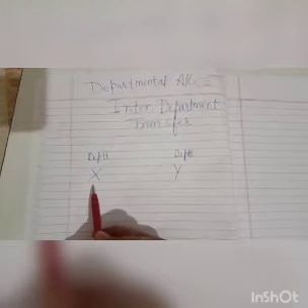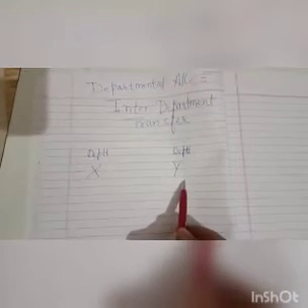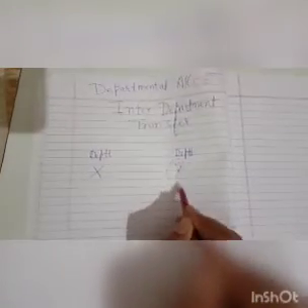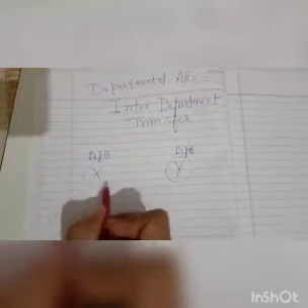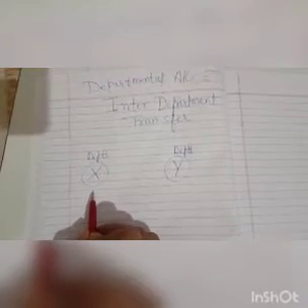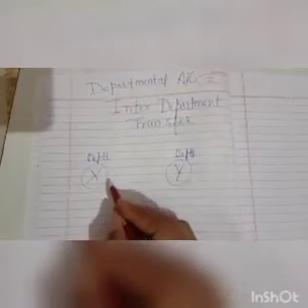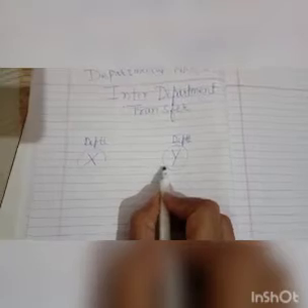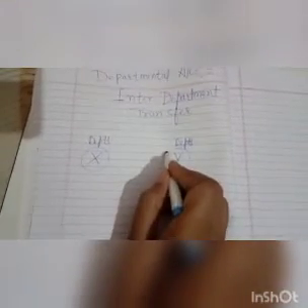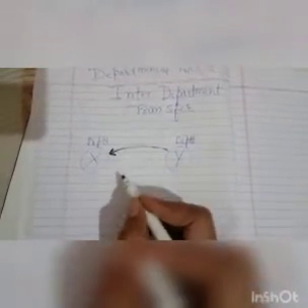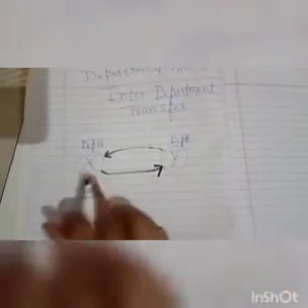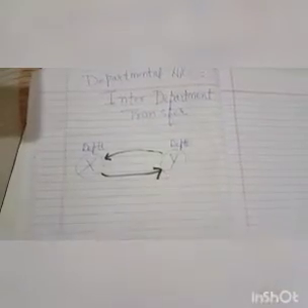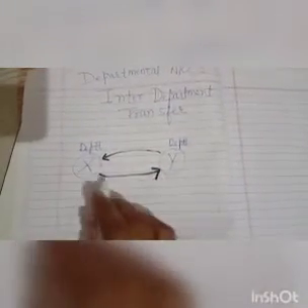So let's start. Just suppose these are the two departments of one organization. This is department X and this is department Y. Department Y requires certain raw material, and that raw material is already available in department X. So Y will demand it from department X, and when X transfers this raw material to department Y, this is called an interdepartment transfer. I hope this is clear to everyone.